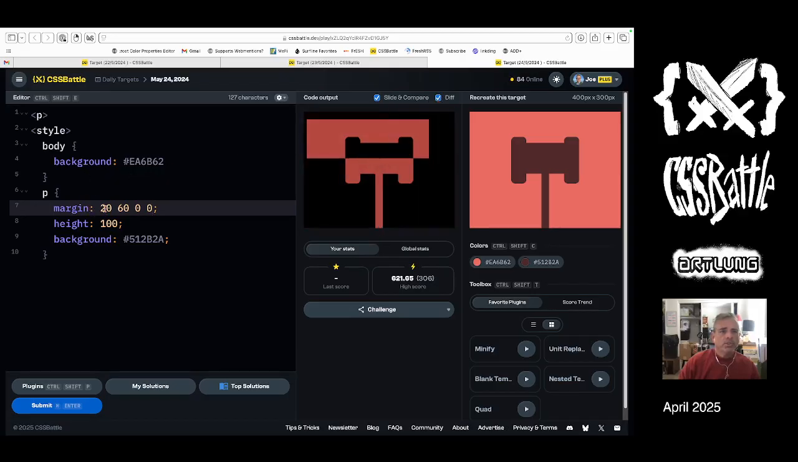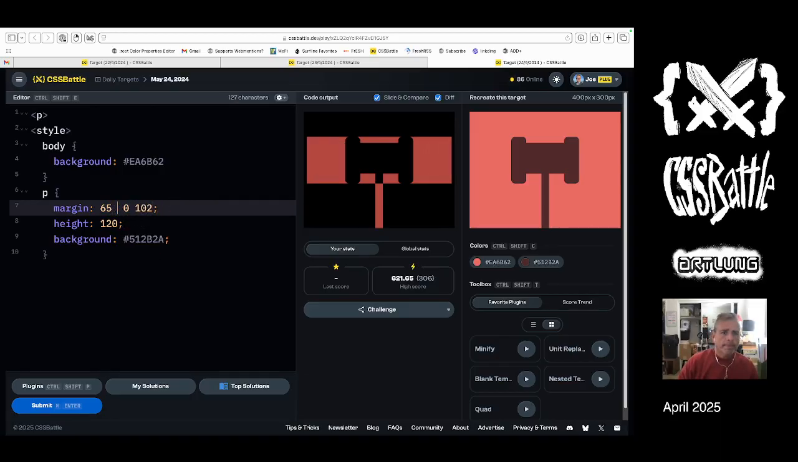We're going to force it to be, well, it's 100 pixels tall now. It looks like it needs to be taller. Let's make it 120. But using margins, we're going to force this down. So the top margin pushes it 65, and then this left margin 50, 60, 70, 80, 90, 100, 101, 102, and then this one is going to be 200, 220, 30, 40,